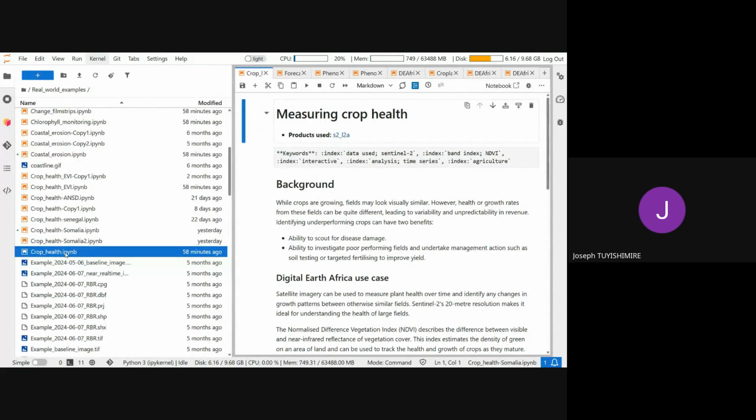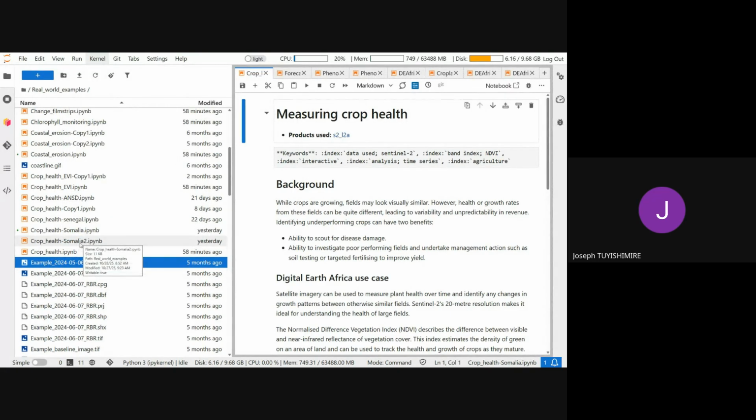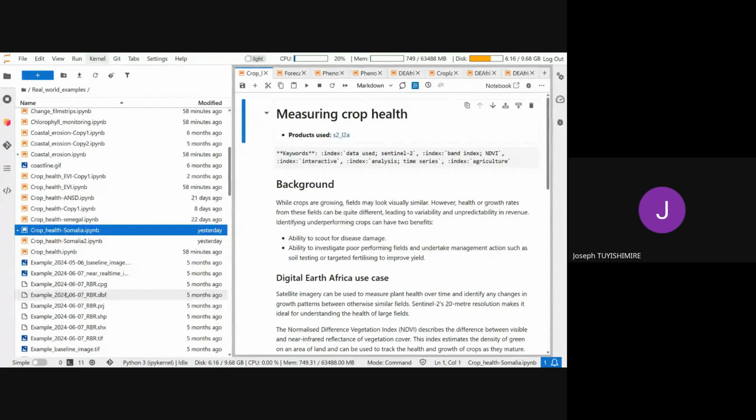To make sure that you won't lose track while you're doing analysis, you can go to the right page and duplicate the notebook, and then after you can name it. For me, I've renamed it Somalia. Just make sure, I'm training people in Somalia. And from this notebook, what I can do, it is open from here.